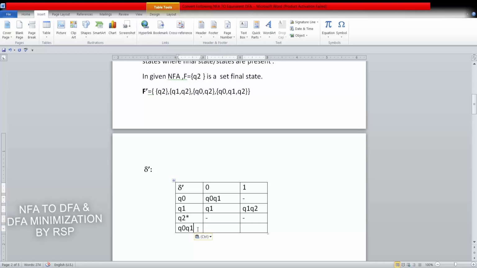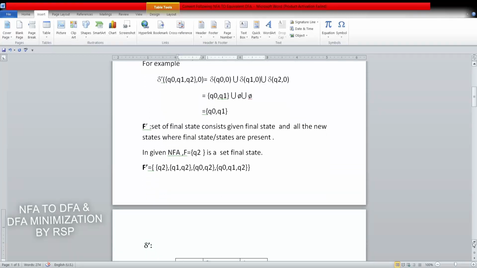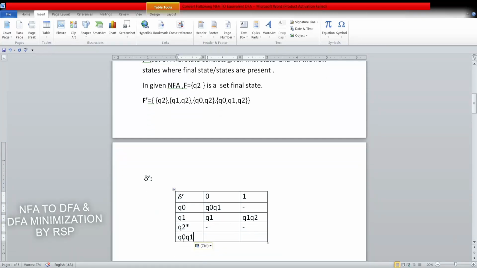and we'll find the transition on this new state Q0, Q1 on input symbol 0 and 1 with the help of this, whatever we have seen here, the mathematical way, right? So we just take the union of transitions. Okay. So here you can see Q0, Q1, only two states. So we need to consider only these two transitions for input symbol 0. So it is again the same state, which is Q0, Q1, and Q0, Q1 on input 1. So we need to consider the union of these two entries. So you can see here the union of these two is nothing but Q1, Q2, right? So next state will be here Q1, Q2.